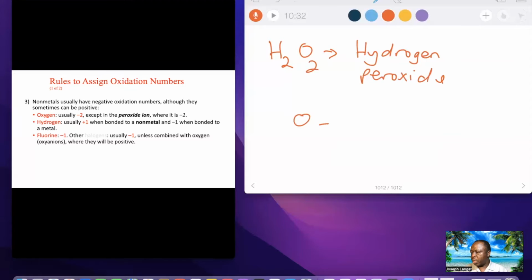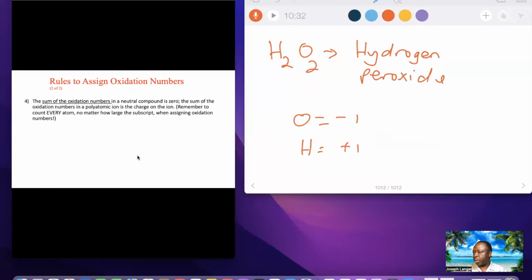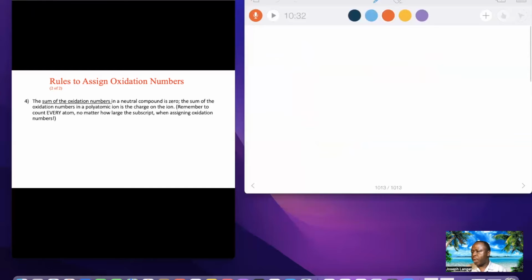Oxygen has -1, hydrogen has +1. We'll see later on how to calculate or determine the oxidation number. But remember, when dealing with peroxide, oxygen is always -1. Fluorine, another halogen, usually has -1, okay? Rule number 4 here,